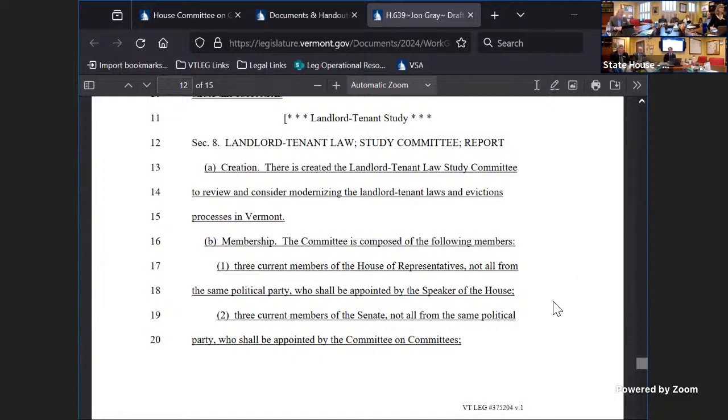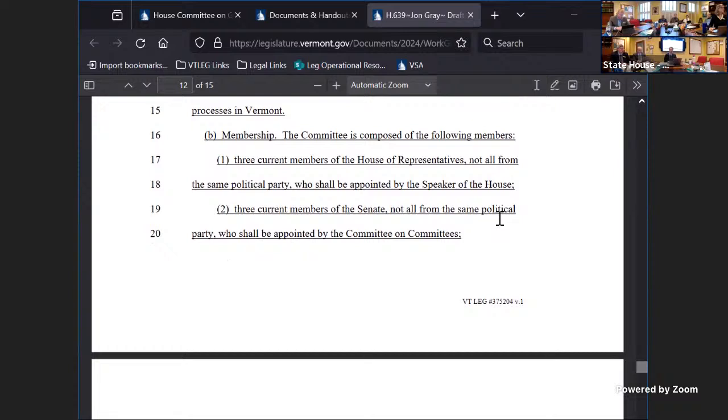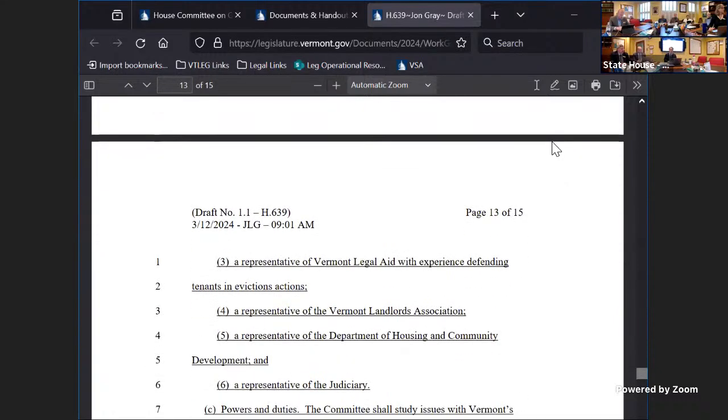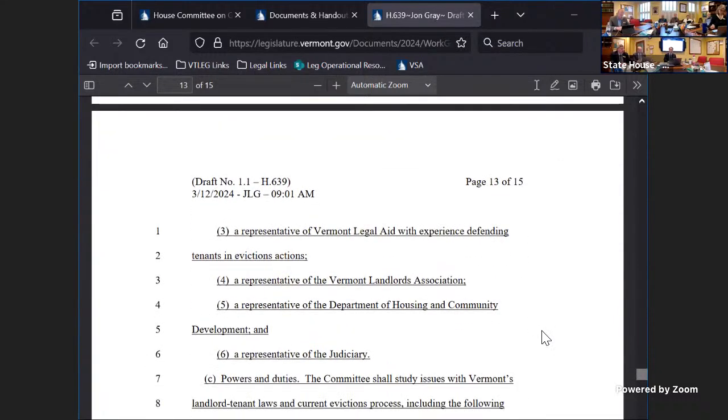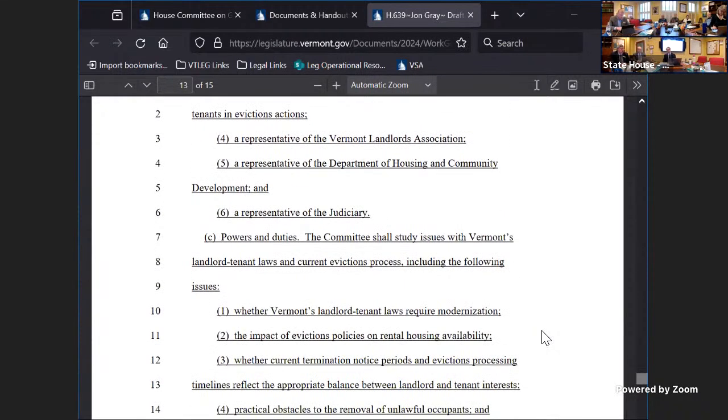This would include legislative staff, so I would be on this to look at, and I can walk through the membership here, fairly large membership: 3 members of the House of Representatives, 3 from the Senate, a VLA representative with experience defending tenants in eviction actions, a representative of the Vermont Landlords Association, a representative of DHCD, and the judiciary